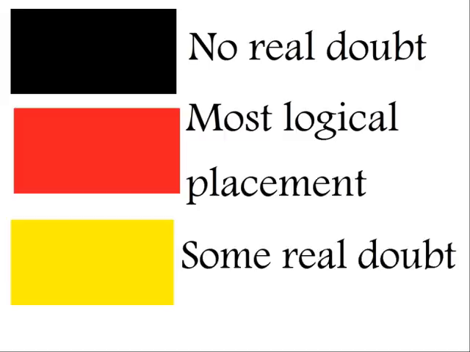Yellow indicates a fair amount of doubt. While the game works in its current location, there are problems, or it could be moved into a few other locations without breaking the rest of the timeline. Last is going to be white. These are basically the who the hell knows. Games that give little evidence of where they go, and don't really break the timeline no matter where you place them.